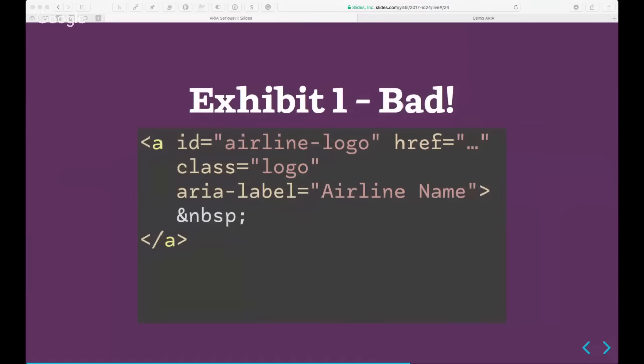So this is exhibit 1. It's an airline logo. It is a link to the homepage of that airline. It has an ID of airline-logo, a class of logo, and an ARIA label, which has the airline name, and then the rest of the link is empty. That technically is a totally valid thing to do. You can do that. It's not a violation of WCAG or something that is problematic for assistive technology as such,